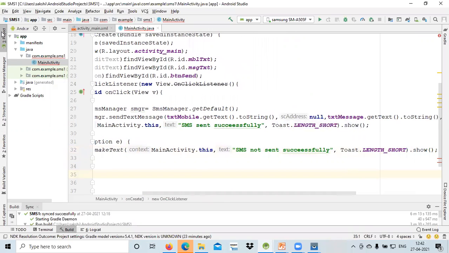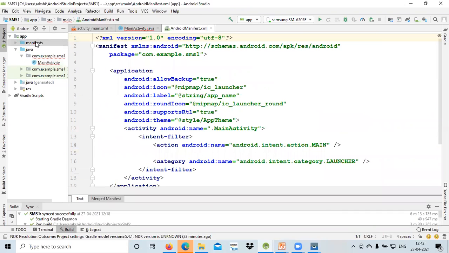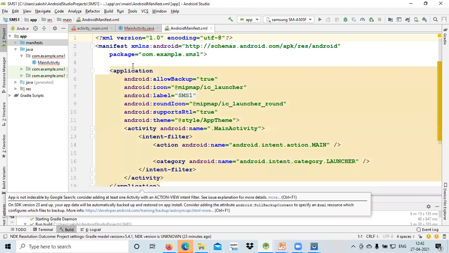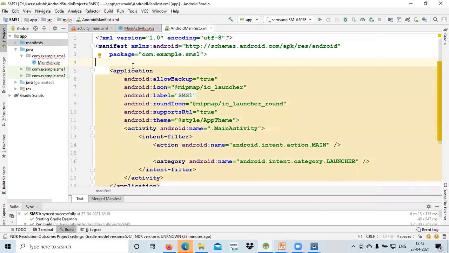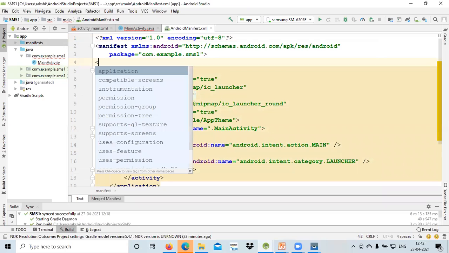Okay, the main thing that I want to show you is what change we need to perform in this manifest file. So here is your manifest file, right? Here we have to write one line, otherwise it will not allow my device to send that particular message over here.